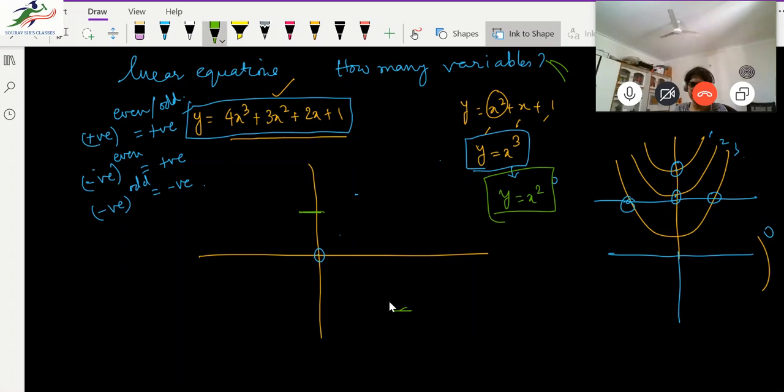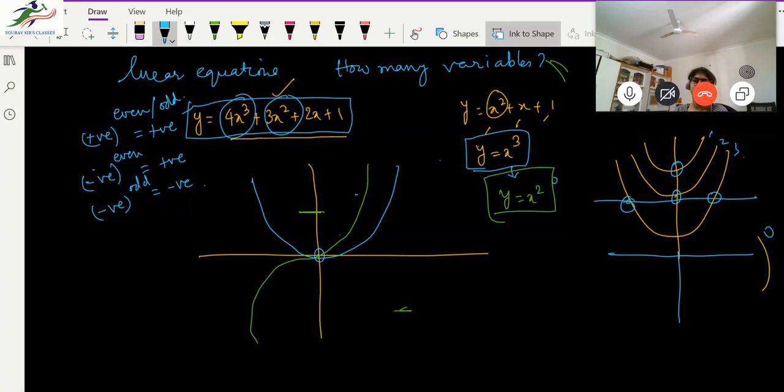For y equal to x cube, the curve will go like this, and for y equal to x square, the curve will go like this. So it is as if I am superimposing x cube and x square. Both are there,